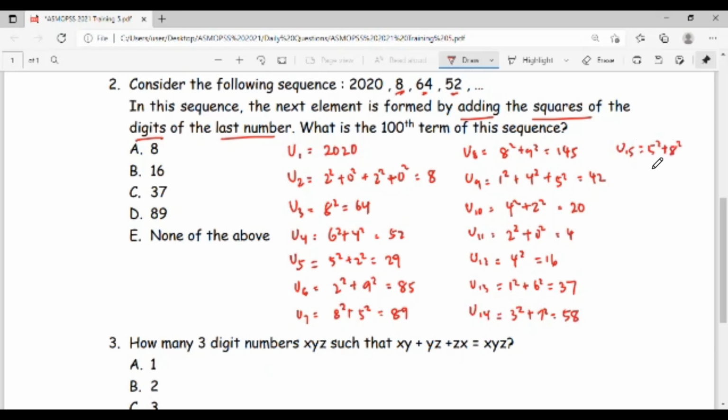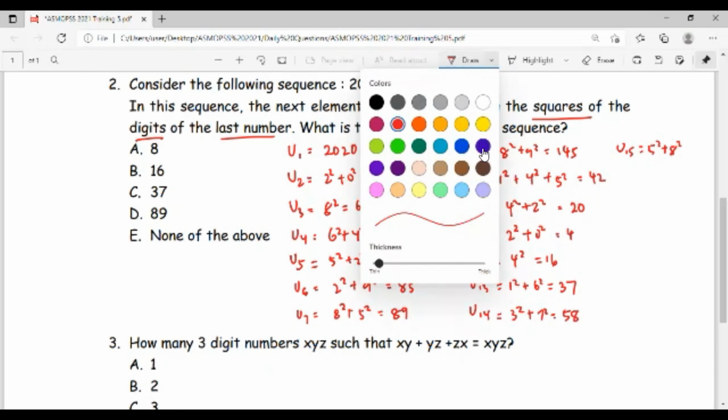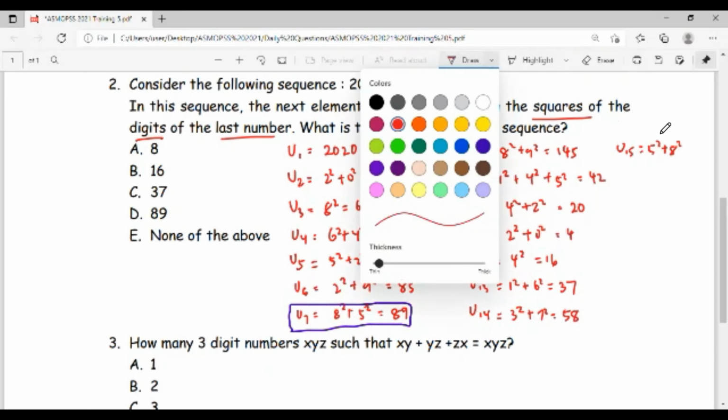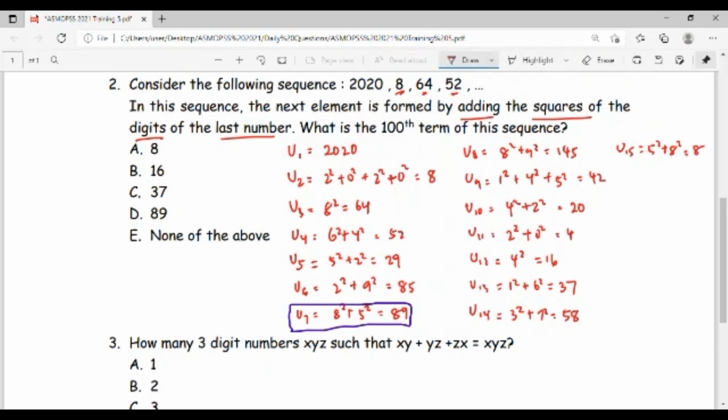And if you notice this, 5 squared plus 8 squared is actually the same as 8 squared plus 5 squared here. We will see that we will have found the pattern. So this is also equal to 89. Then if you repeat the 16th term, it's going to be 8 squared plus 9 squared again, which is 145, and